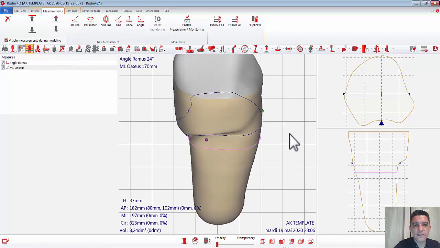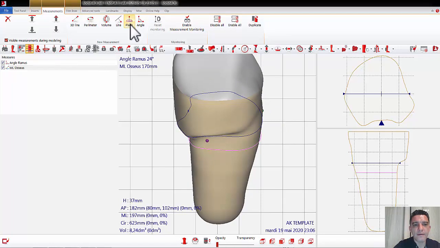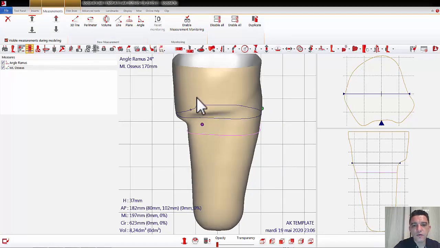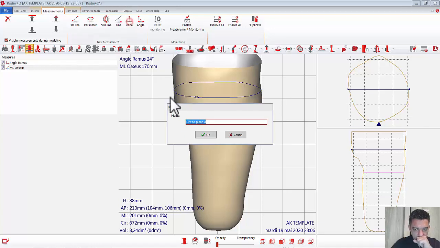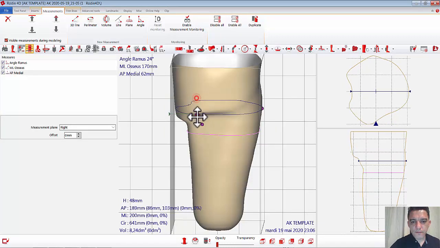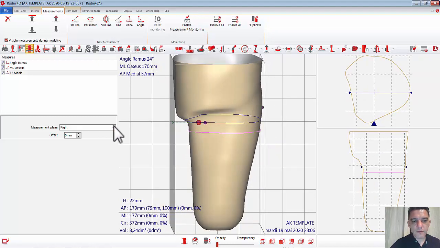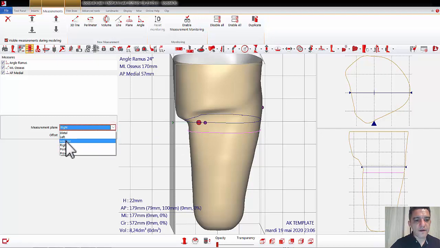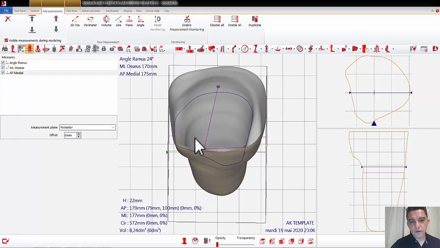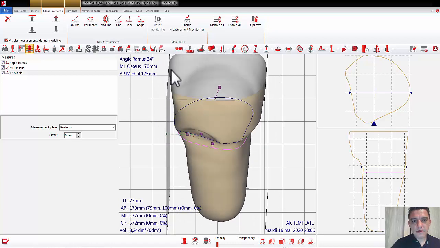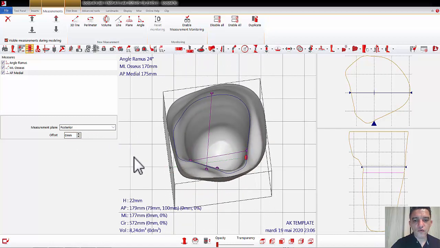Now I want to show you, for example, how you can use the plane. In this case, I want to click here. In this case, I want to rename it like AP medial. Okay, and I will put the dot approximately here. The plane now is on the right. I need to leave it at the posterior part. Okay, the system, the plane is touching the part more prominent, but with the offset I want to move